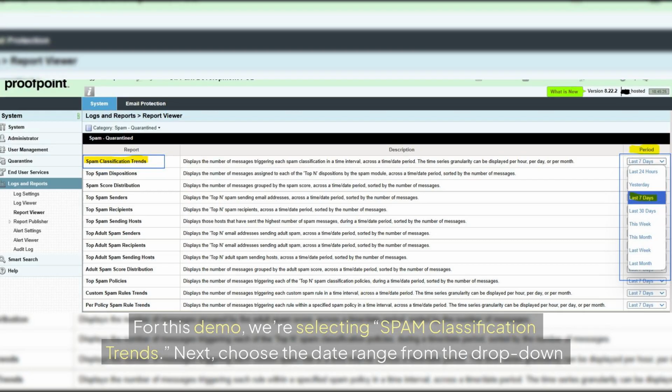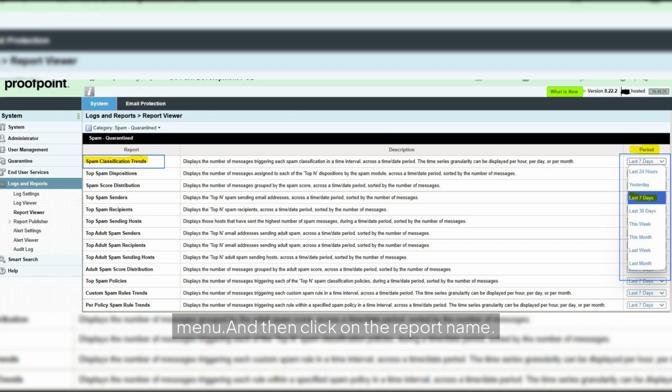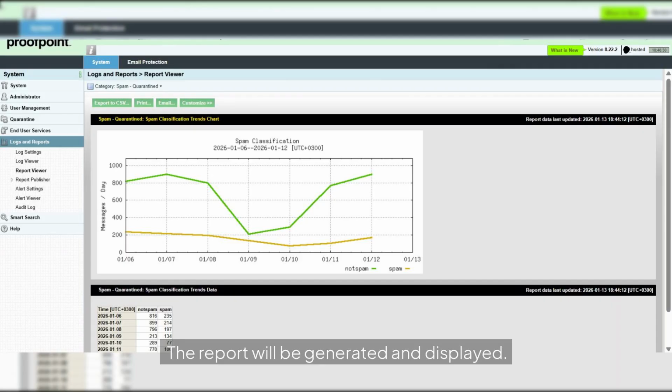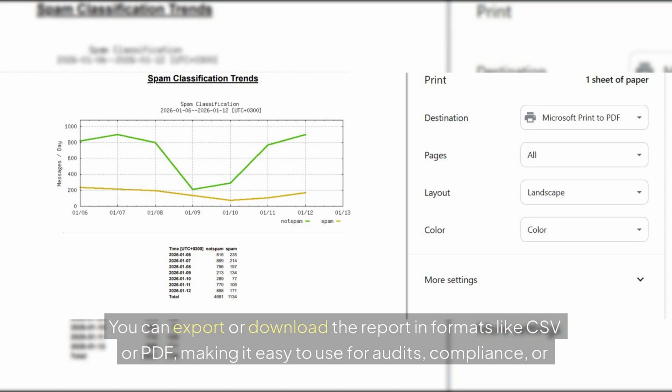Next, choose the date range from the drop-down menu, and then click on the report name. The report will be generated and displayed. You can export or download the report in formats like CSV or PDF, making it easy to use for audits,